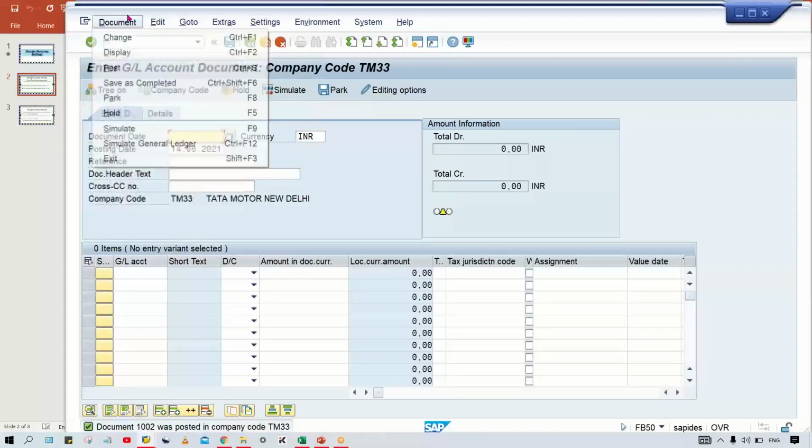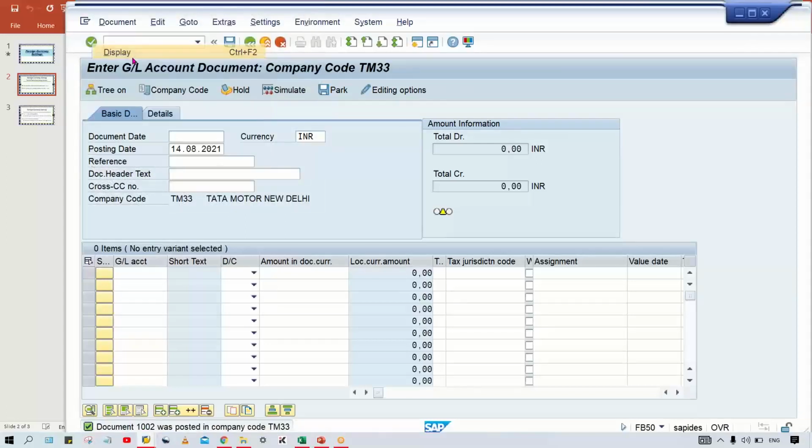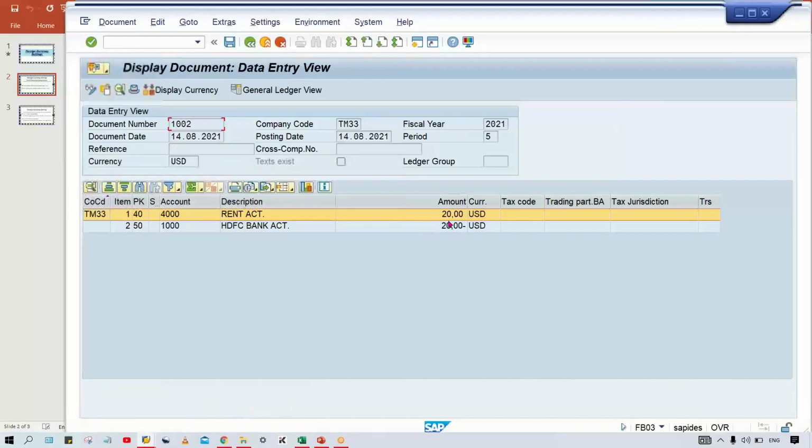right? You click here on display. So this is what the transaction 20 USD has been posted, right? This is in foreign currency. That is called document currency. If you click on display currency, then it is going to be converted into local currency. Once again, display foreign currency,